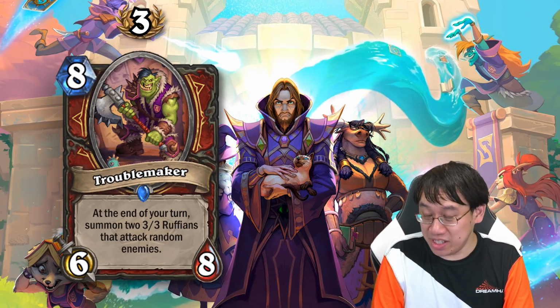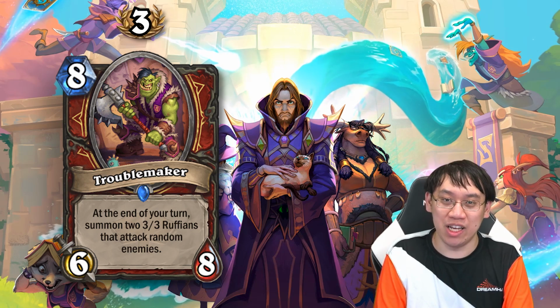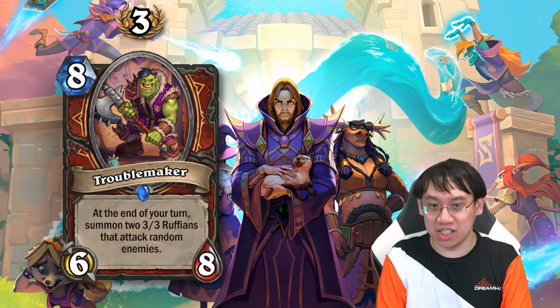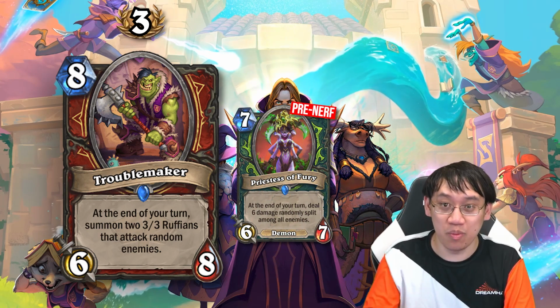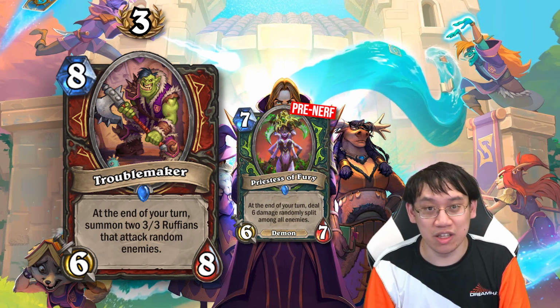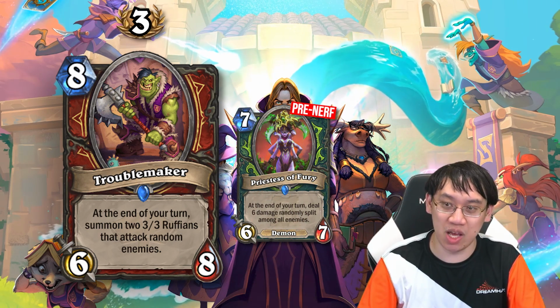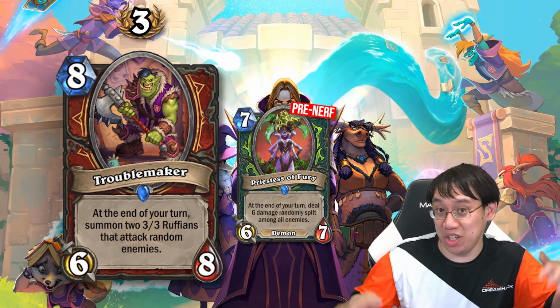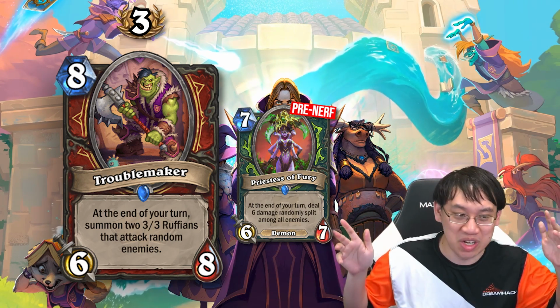Troublemaker. Now this is the most powerful high-end minion that has been printed for a good amount of time. I think this is stronger than Priestess of Fury, before it was nerfed. Now the saving grace is that Warrior is naturally a less aggressive deck than Demon Hunter. If Demon Hunter got Troublemaker, that would have been